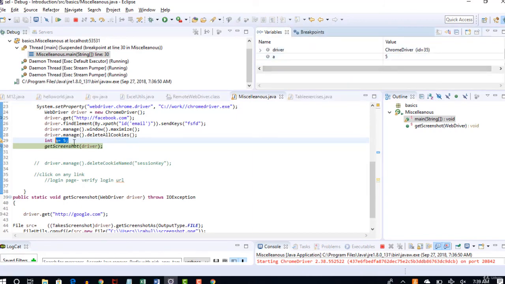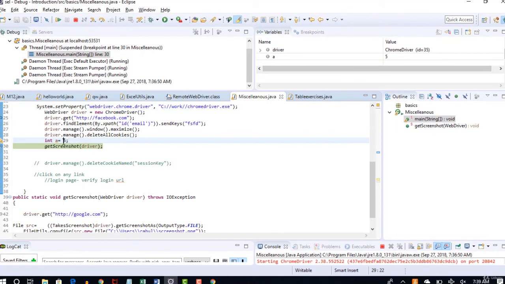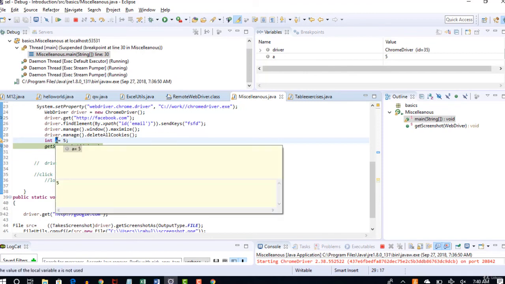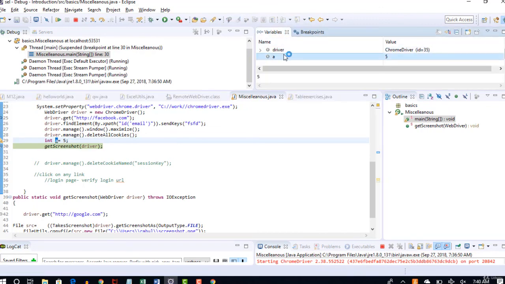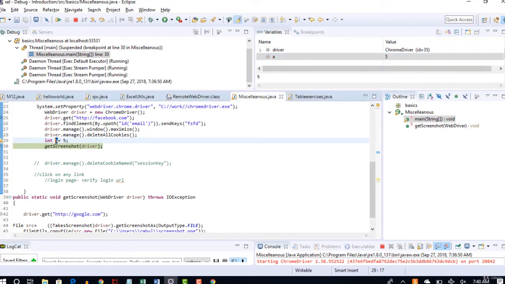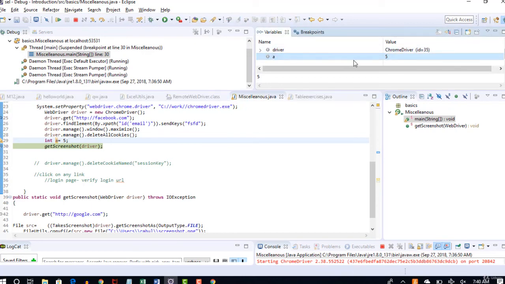Though you are writing here, but in your script this could be get text. Okay, so driver.findElement somewhere.getText, and that value will be stored in a, right? So if you want to see what is stored in a, you can see this at runtime. On right side, keep an eye on this variables, so you will see what all the values are stored here. If it is get text, if you are pulling something from your browser, that value you can see if you put that in a variable a. So this is one cool thing that you have with debugging. At runtime you can also see how the variables are stored with the values.